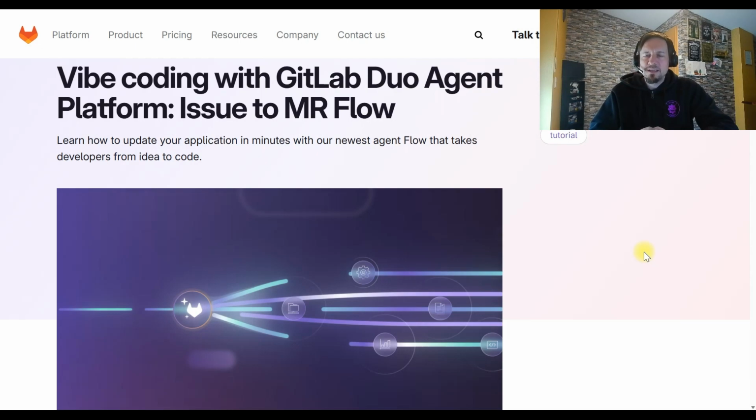Let's have a look at GitLab Duo agent platform. The idea I want to showcase today is we have an issue, a task, a bug ticket, something like this. It's created in GitLab, and we give this task to an AI coding agent, which is handling the complete